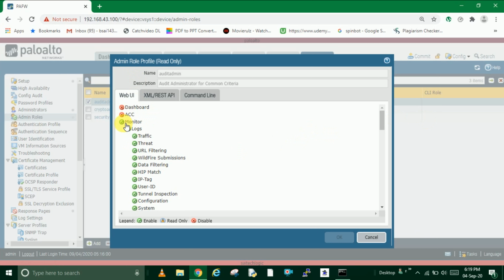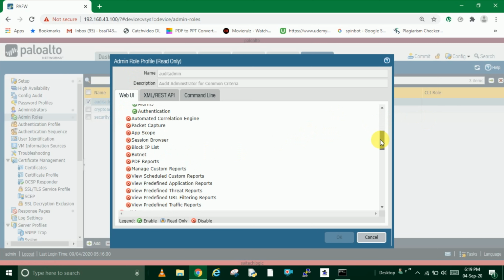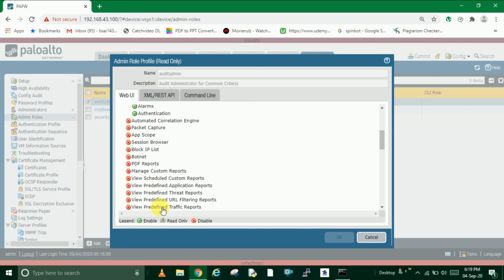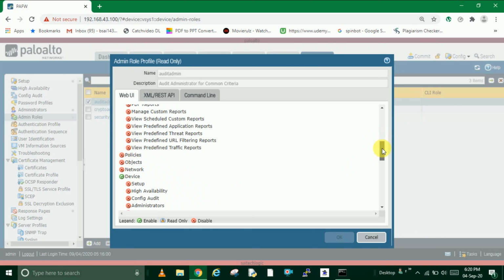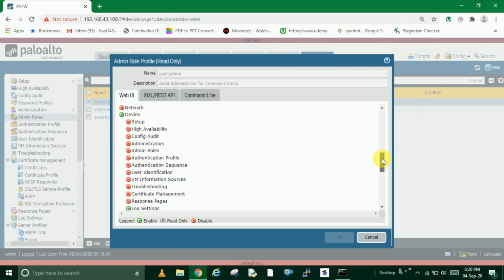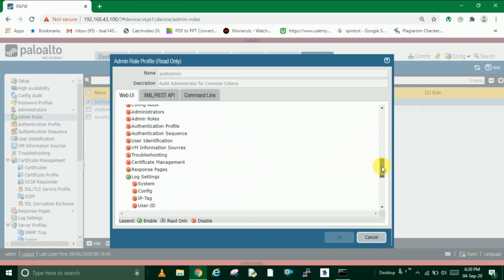He's having access to monitor logs and all these features. Similarly, he's not having access to these particular features. He's having access to device but not setup and config audit administrators. He's only having access to log setting. As the name implies, audit admin, for auditing purposes they have created this role.